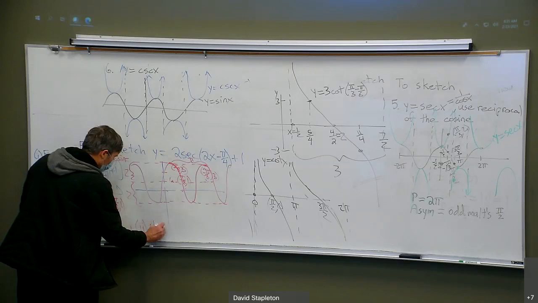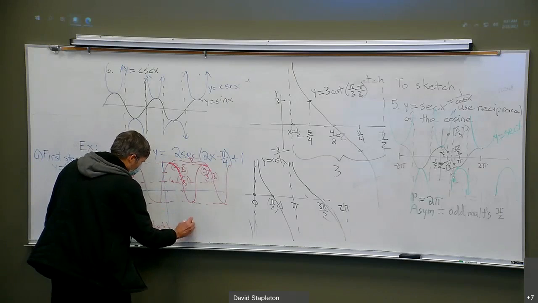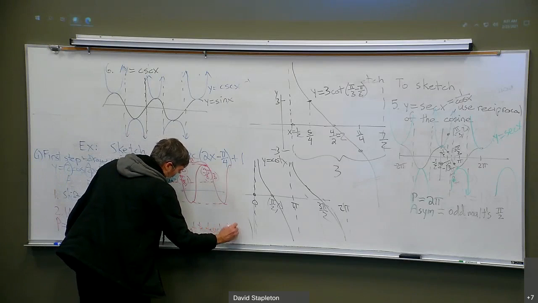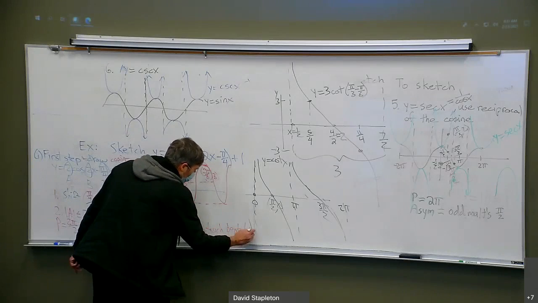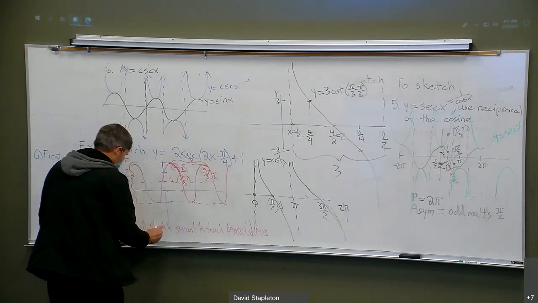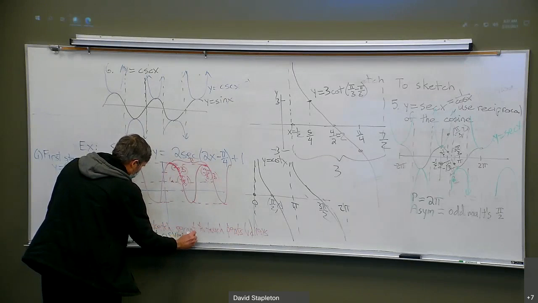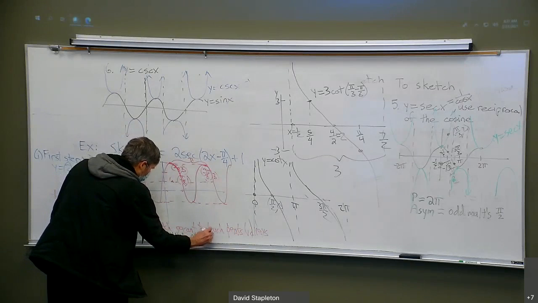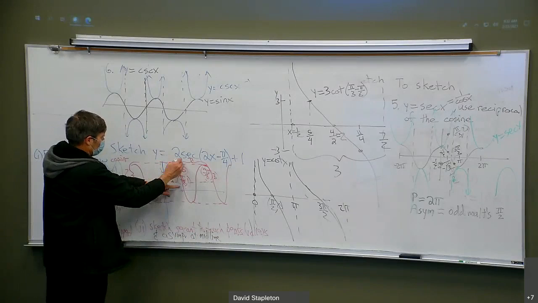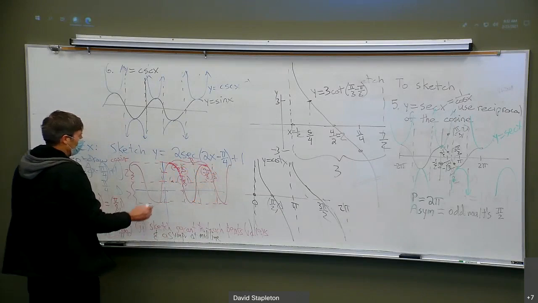So to sketch the secant with the same numbers, touch the peaks and valleys and have asymptotes where it crosses the midline. The line through the middle. So here's an asymptote right here. Here's an asymptote right here. Asymptote here, wherever the cosine crosses this midline. And then I sketch the